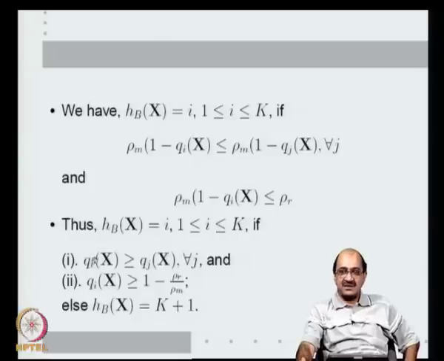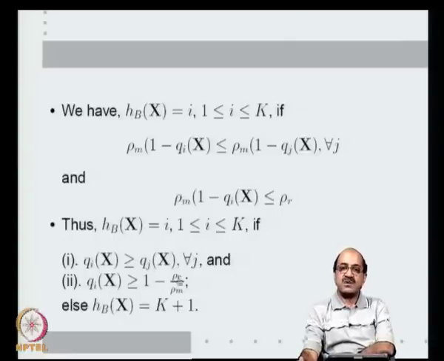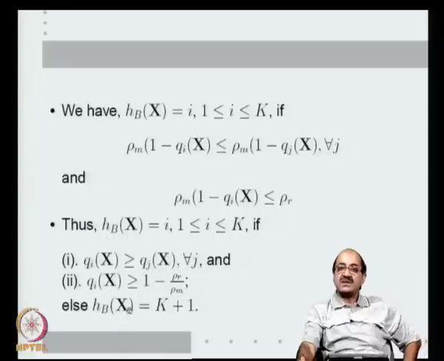Obviously, there will be some I for which q I is greater than or equal to q j, whichever is the highest posterior probability class. But earlier, when I did not have reject, the base classifier simply put it in the class corresponding to the highest posterior probability. But now, that is not enough. For me to call a class, because I am allowed reject, not only should I be the highest posterior probability class, but the probability of the highest posterior probability class itself should be greater than some threshold. If this is not true, then it is better to call reject. Otherwise, h of x will be k plus 1, because this inequality is not satisfied, which means the least risk will be for the action k plus 1.